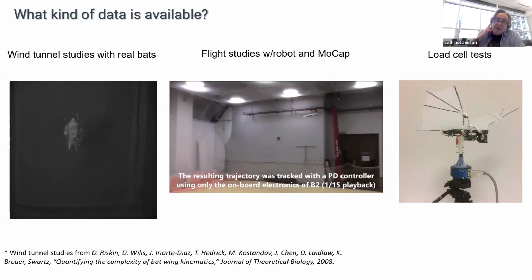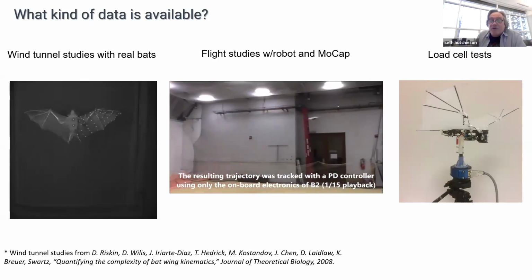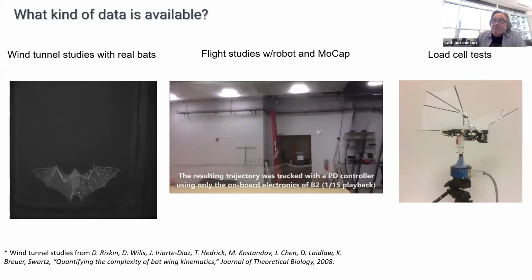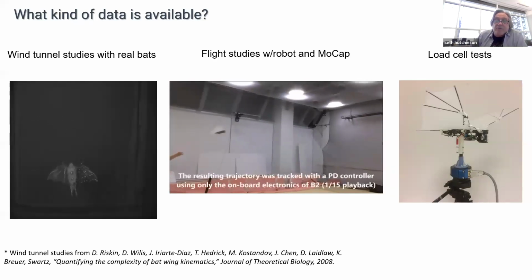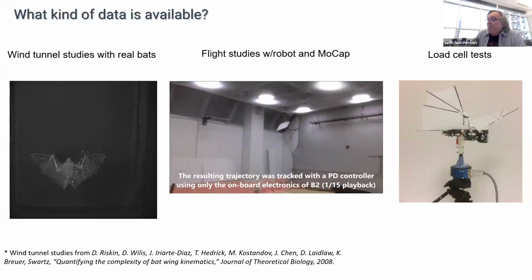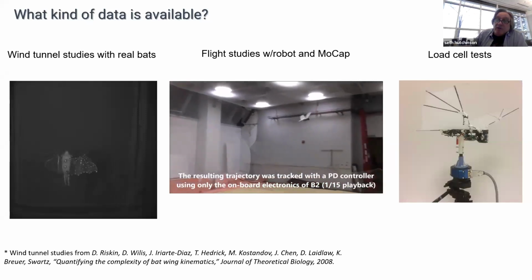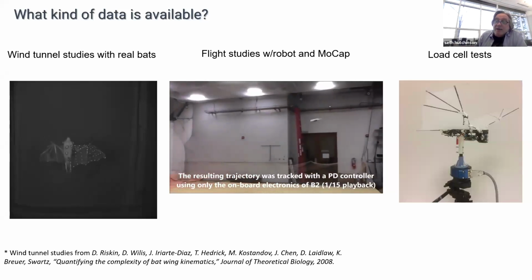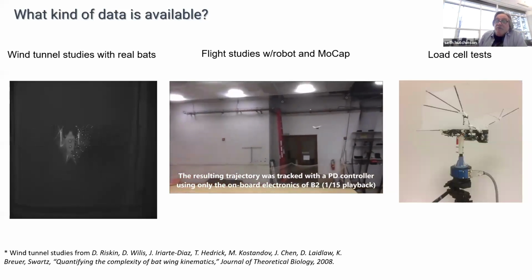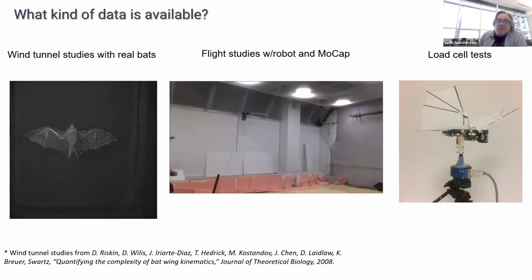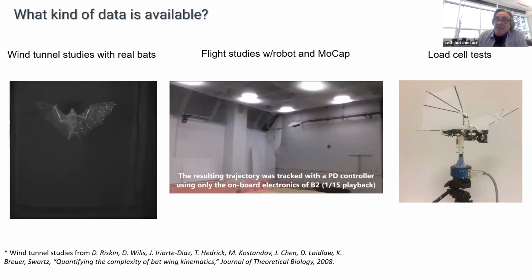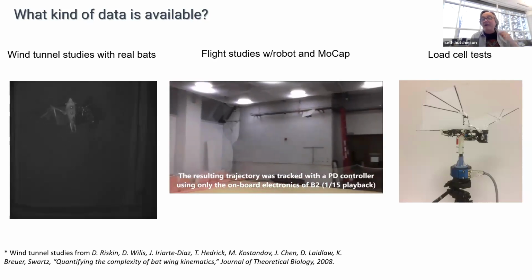This is a laboratory with a bunch of Vicon motion capture cameras around the side so that we can measure things very precisely. The last kind of data we had access to: you can strap the robot onto a force torque sensor and measure what kinds of local forces and torques you can get by flapping the wings. This is not really what's happening during flight. It's just a question about what kinds of forces are available to the robot at flight time.